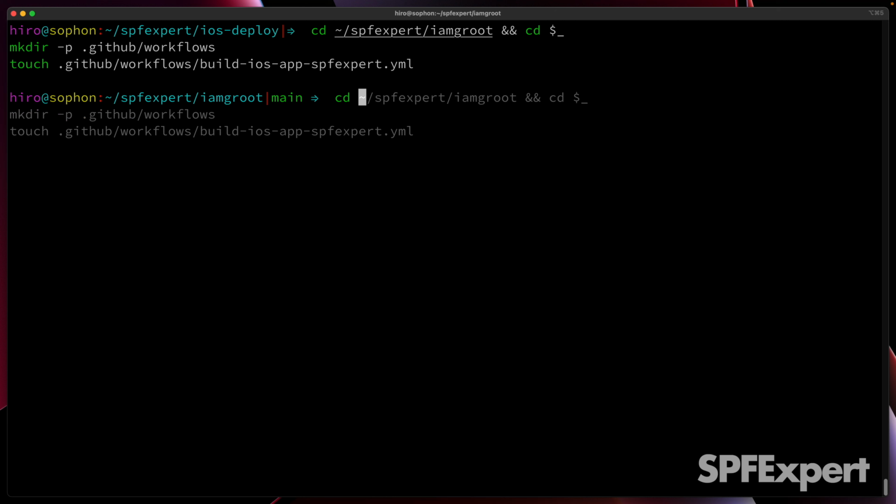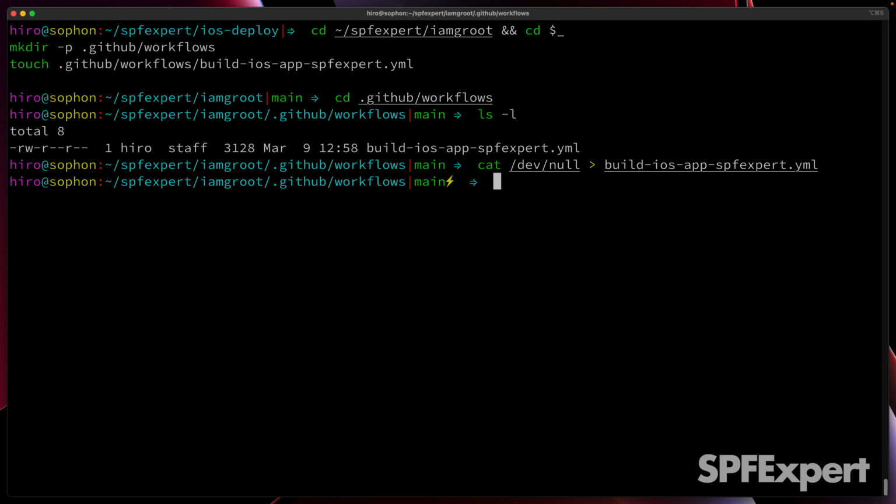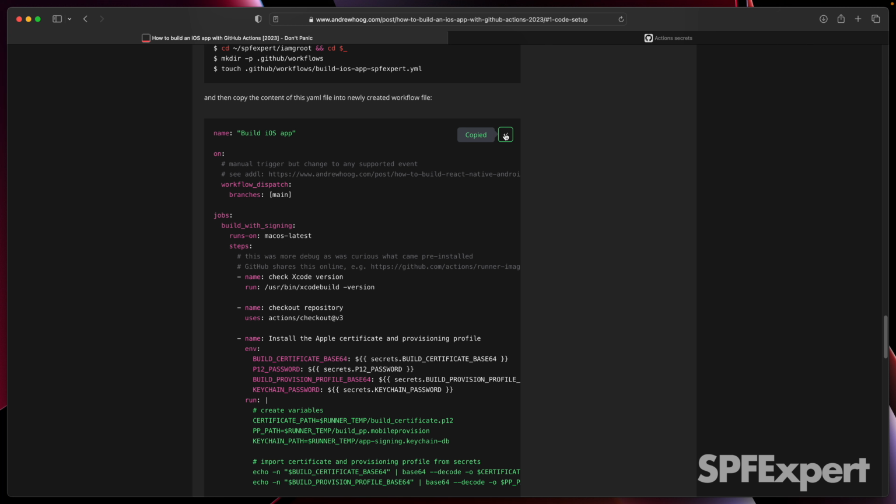So actually, it probably does exist for me. So let's come into GitHub workflows. Let's take a look. So yep, this file already exists because I had committed it to my repo. Let me just act like it doesn't exist, and we just created an empty version. Okay. So now we have a 0K file, and you can just go to this block of code, hit the copy